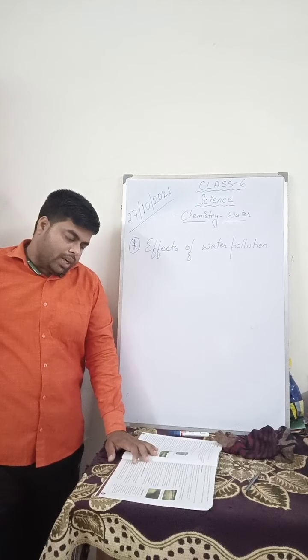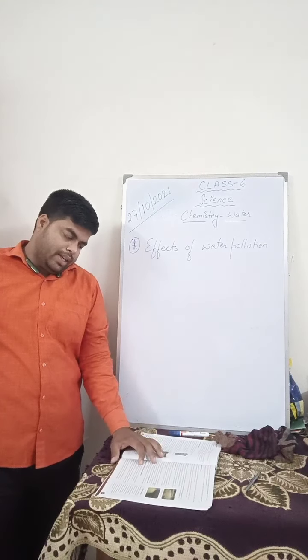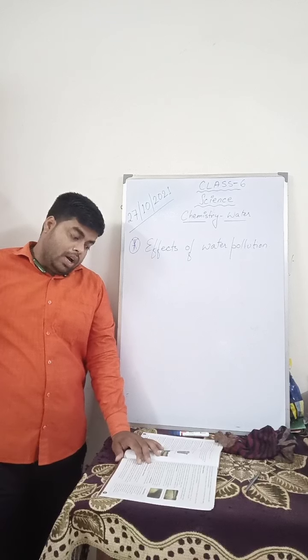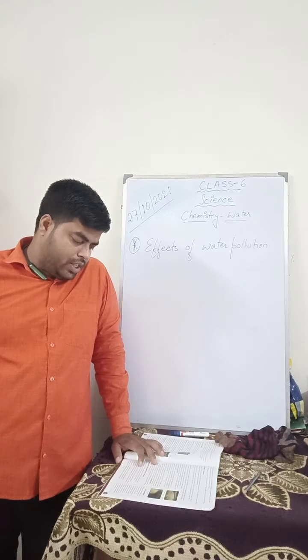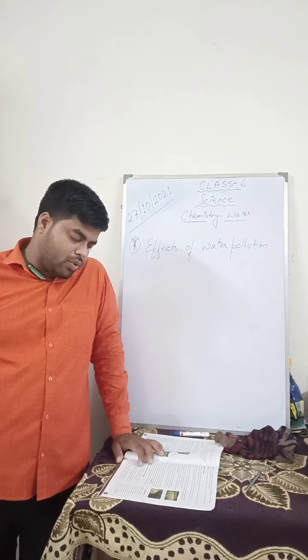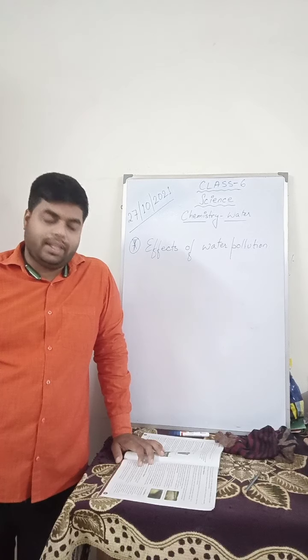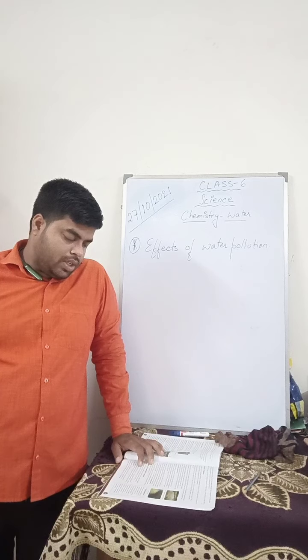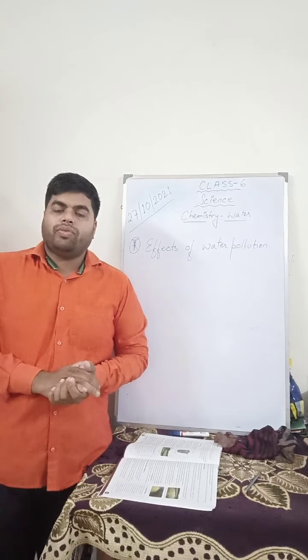Next, when water from agriculture fields flows to rivers and lakes, the nutrients present in fertilizer cause the growth of algae in water bodies. Algae covers the entire surface of the water bodies, which leads to the depletion of oxygen in water and also prevents sunlight from reaching aquatic plants and animals, thus leading to their death. This is known as eutrophication.